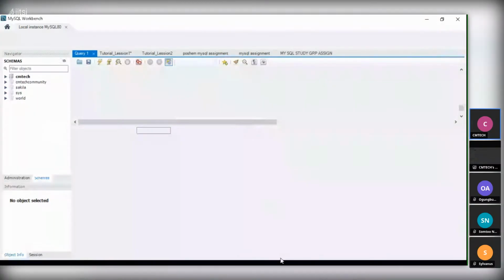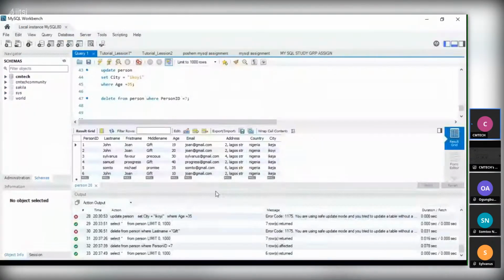Alias is used to give a table or a column in a table a temporary name. Aliases are often used to make a column's name more readable, and an alias only exists for the duration of that query.